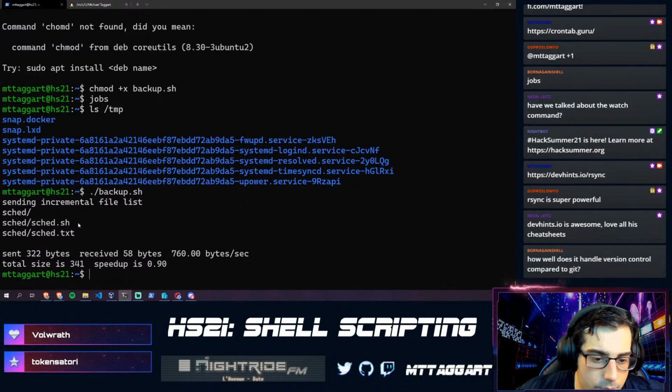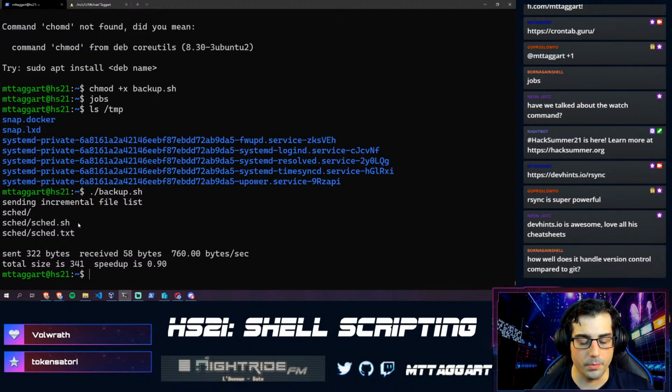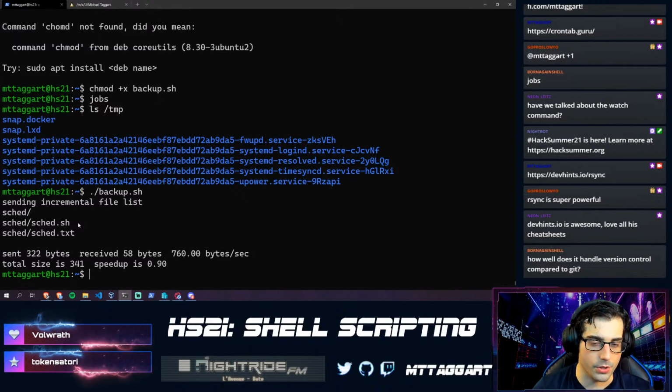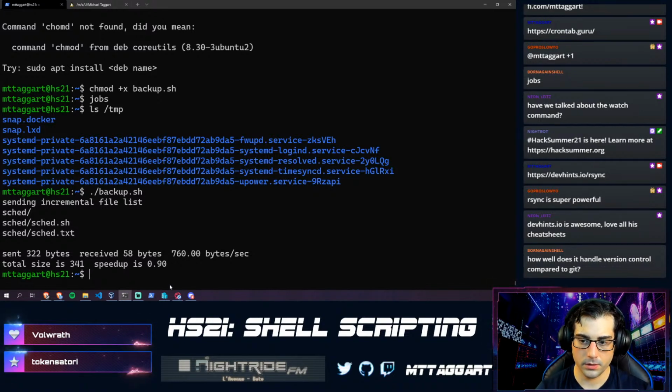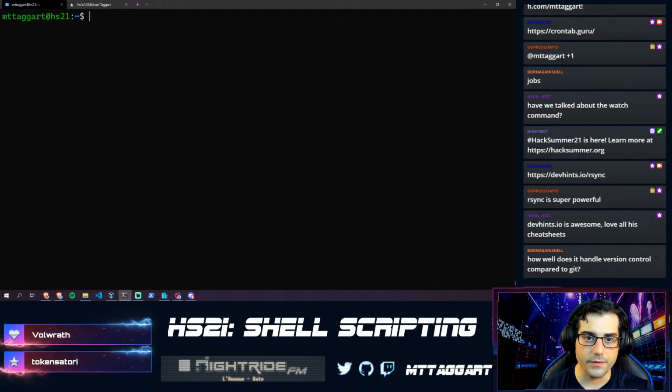How well does it handle version control compared to Git? It doesn't handle version control. It just handles diffing, basically. So it's like plain text file diffing, really. So not super well, but for most purposes it actually works great. I don't believe it does file hashing though. I could be wrong about that.